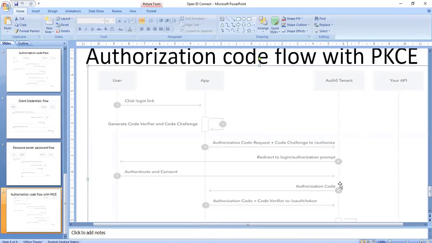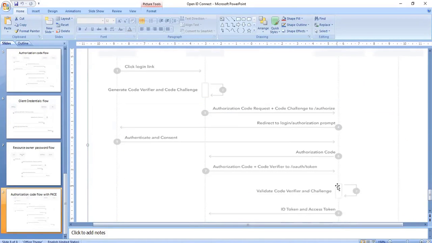In the Okta app, again an authorization code will be generated. If you remember, in the authorization code flow, the authorization code is generated first, just like that. But here, before generating the authorization code itself, this code is generated. That is the only difference.